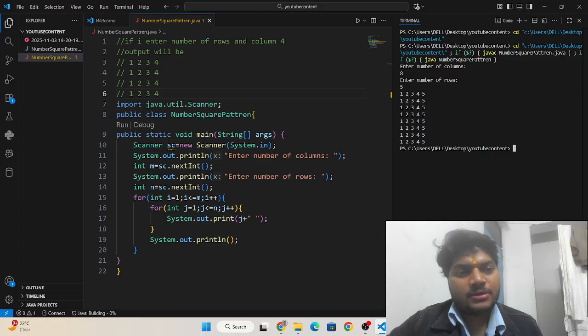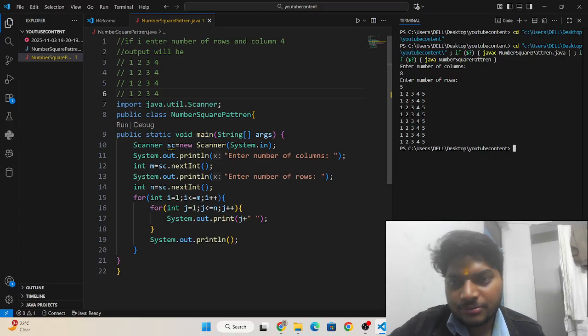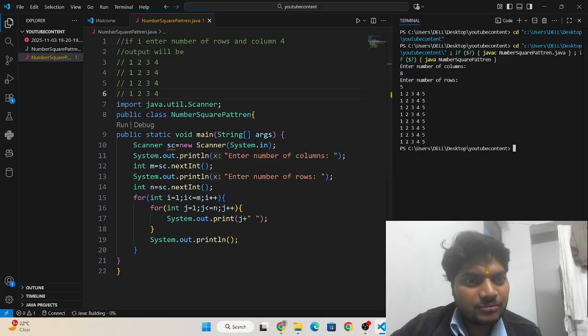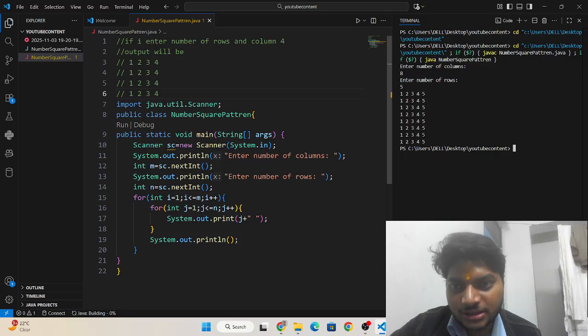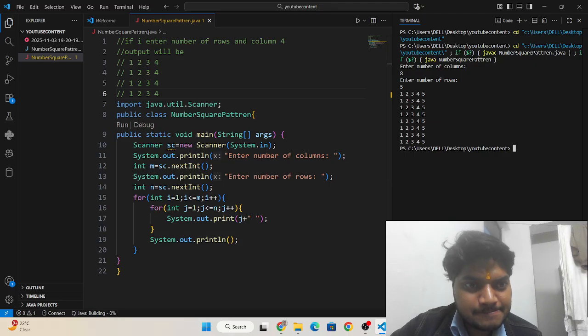See, the above variable is not accepting number of columns. Okay, it is accepting enter number of rows.